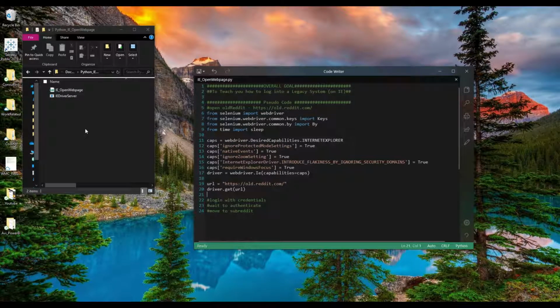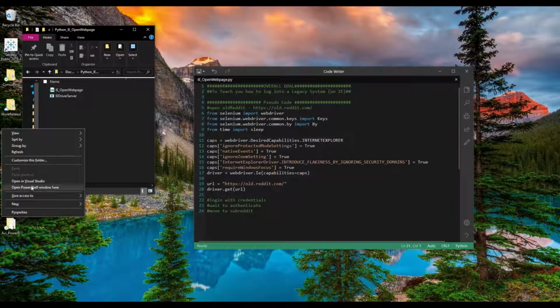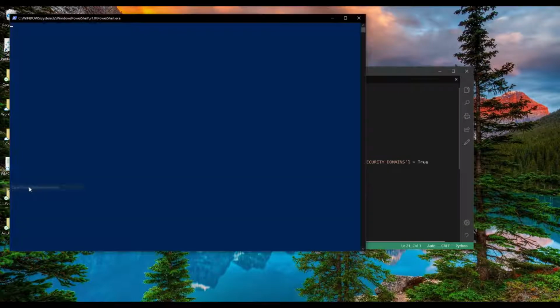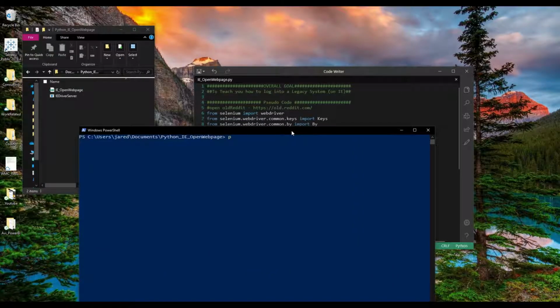We're going to hit Shift, right click, open PowerShell window here. We're going to type in python IE_open_web_page.py, because we want to say, hey Python, open this Python script, right? So we're going to hit enter,